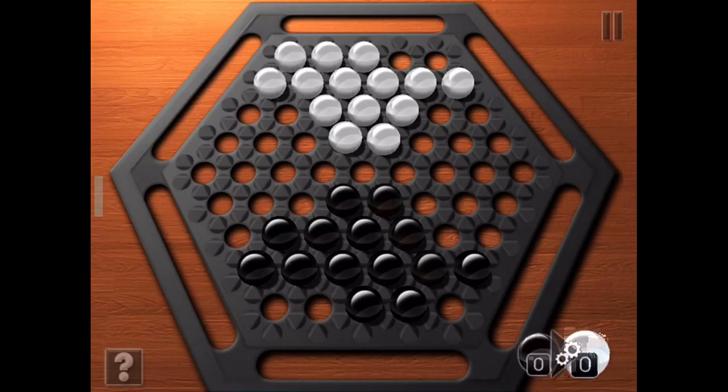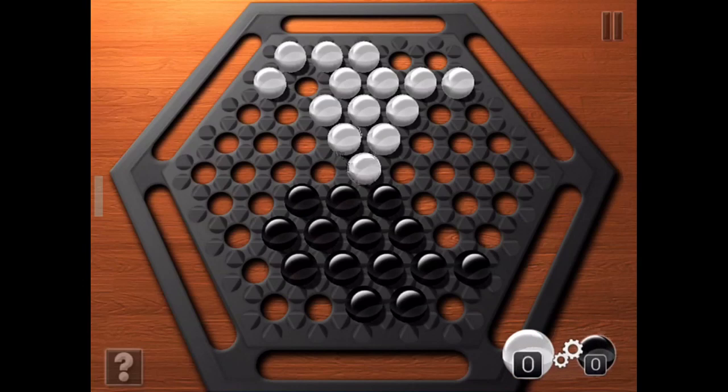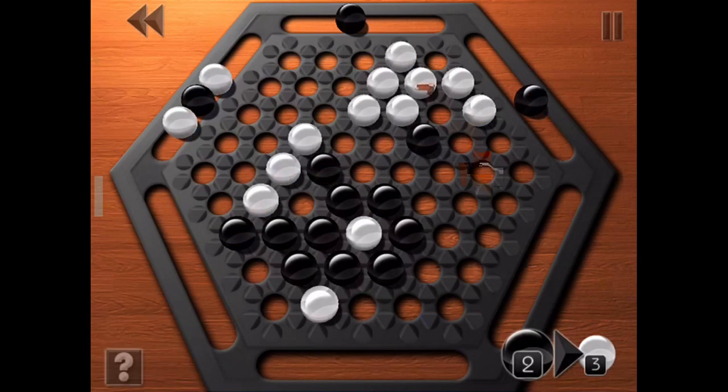You are allowed to push your opponent's pieces as long as you have more pieces on that line than they do, but you can never push more than 3 pieces at a time. The game's rules are very simple, the 3-piece move rule, but the strategy does take a while to master like most abstract games. You will need to weigh risk versus reward in each move and make sure to cover your